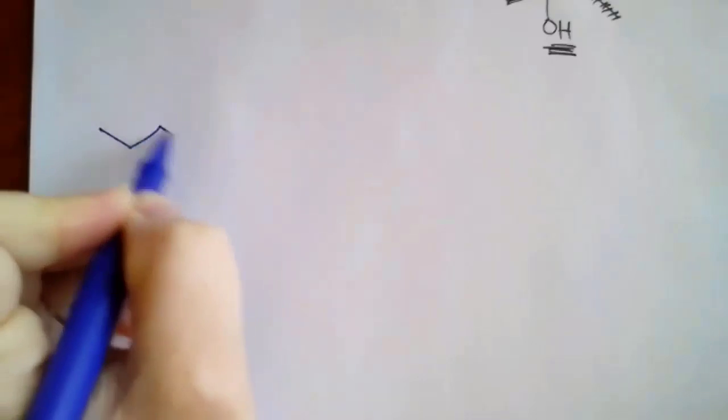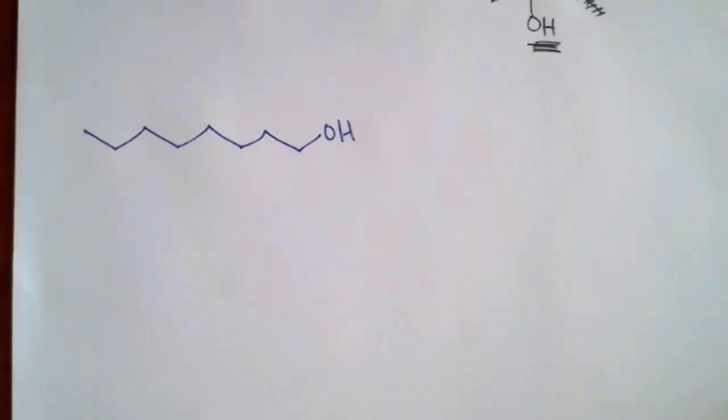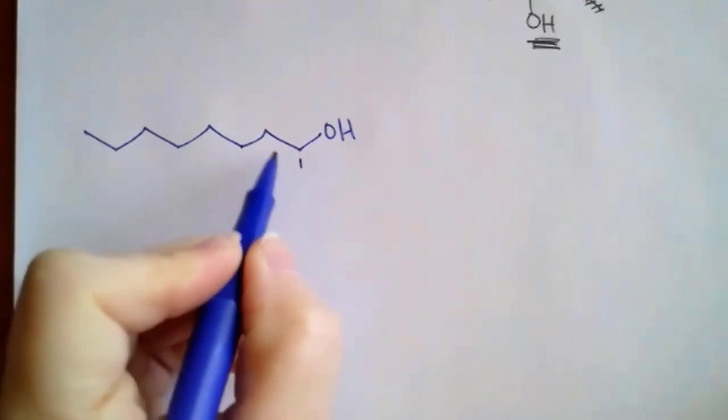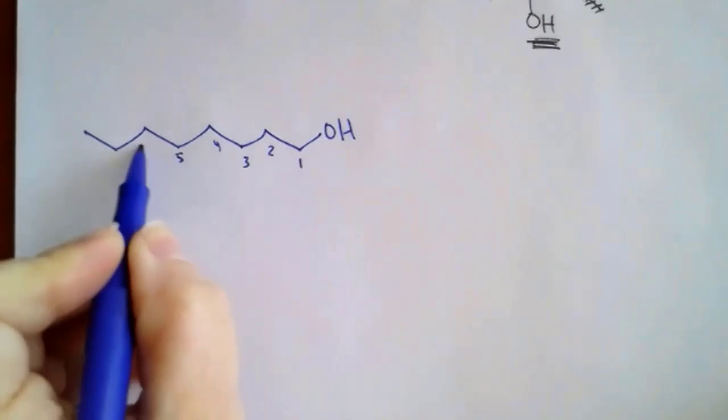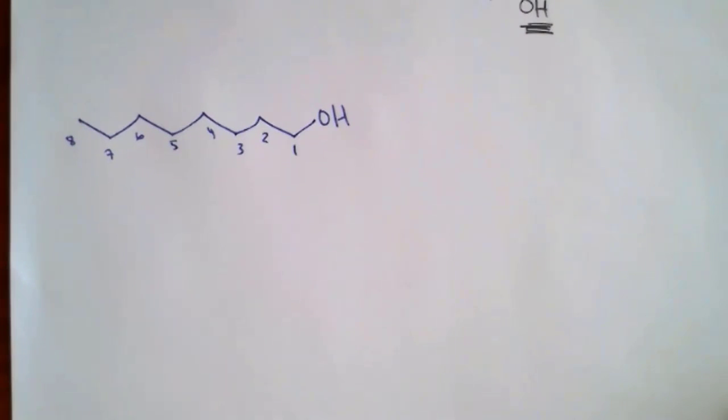It's an 8-carbon alcohol, also known as octanol, and we're trying to make it from 6 carbons or less. 1, 2, 3, 4, 5, 6, 7, 8. So Grignards are very good at making carbon-carbon bonds. If you don't get anything else out of this material, you should know that Grignards are very good at making carbon-carbon bonds. Since I'm told this has to be made from a 6-carbon piece, I'm going to need to make